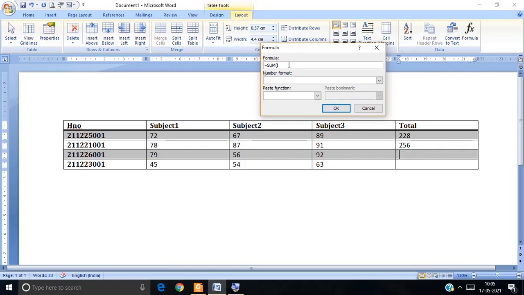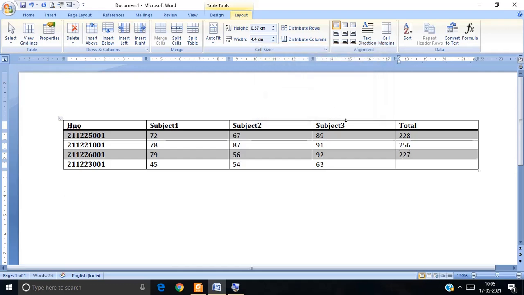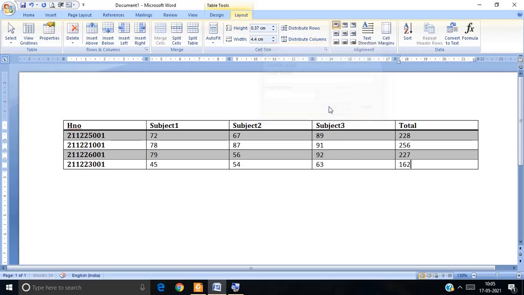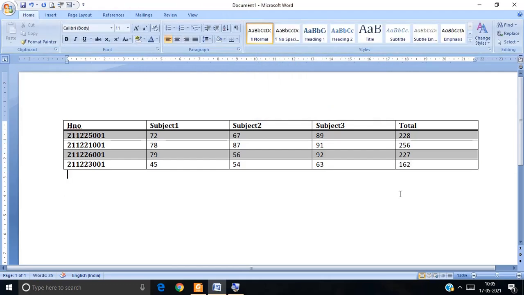So here 79 comma 56 comma 92. Click on OK. Next, the same thing, go to formula. So here 45 comma 54 comma 63, then click on OK. So you got the total values here.